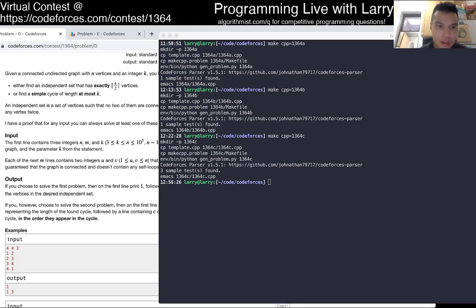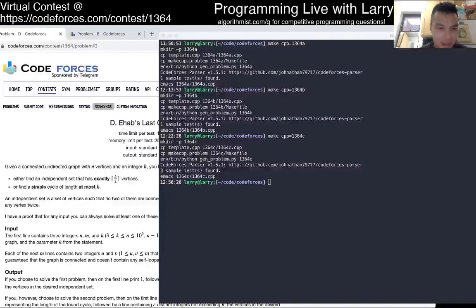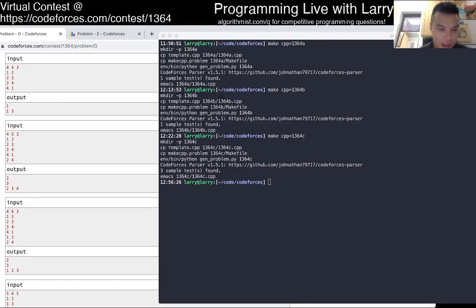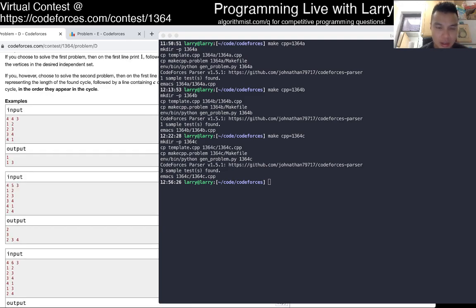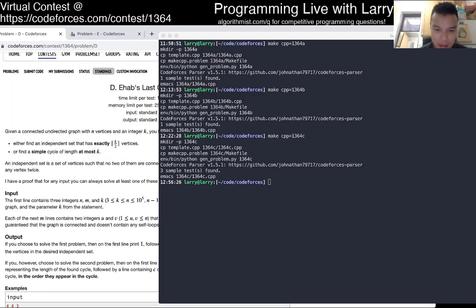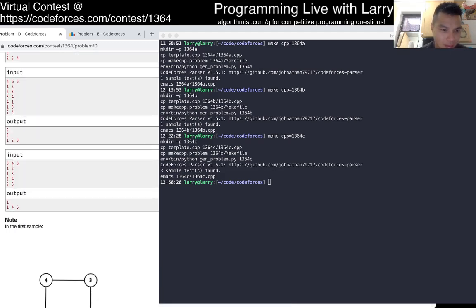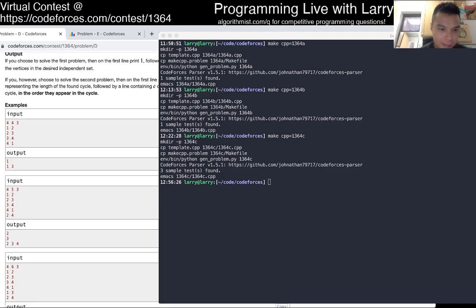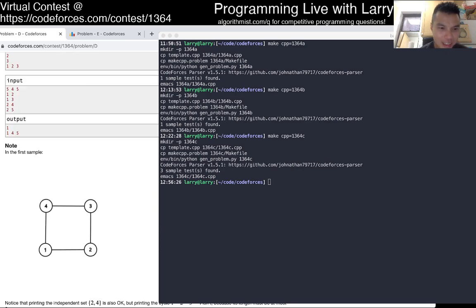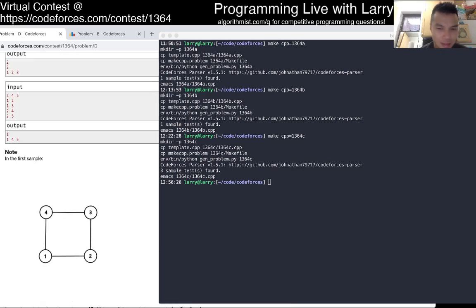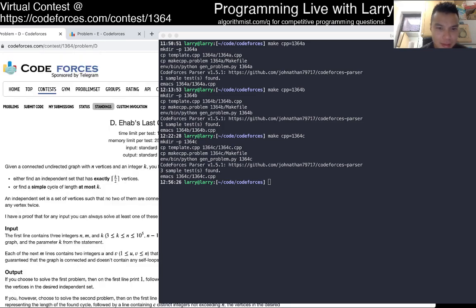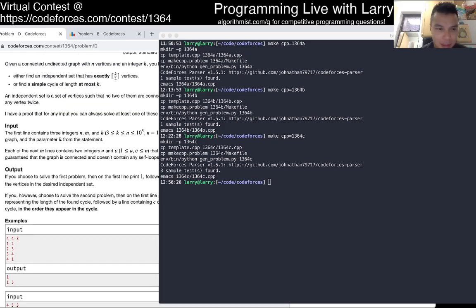So are these directed, undirected? I still don't get what a simple cycle means. Can it just be a simple cycle of 2? Or am I missing something? Why can't it just go 1, 2, and then 1? Yeah, maybe that doesn't really matter.